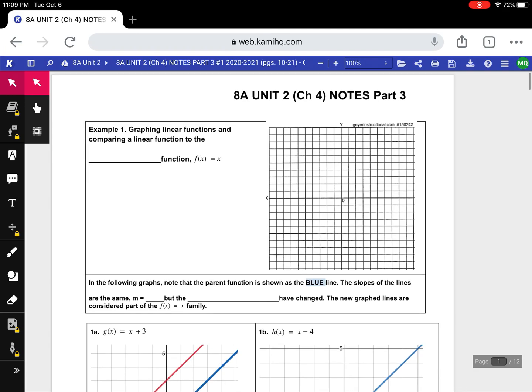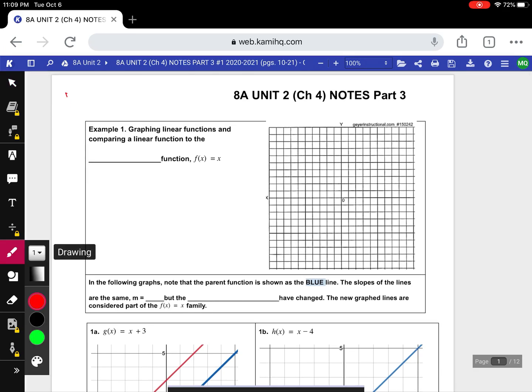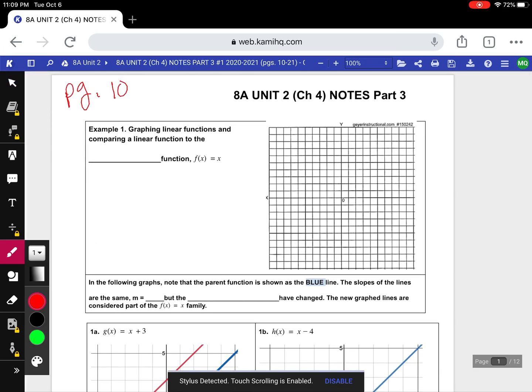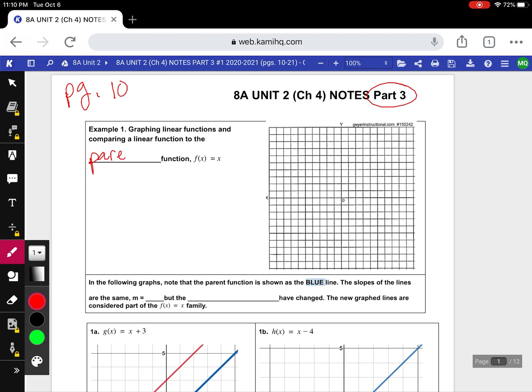We are on page 10 in your new note packet. I'll write that at the top. We are at page 10, and that's in part 3. Today is kind of an extension lesson. We are talking about parent functions and graphs in relation to those parent functions. So example 1, graphing linear functions and comparing a linear function to